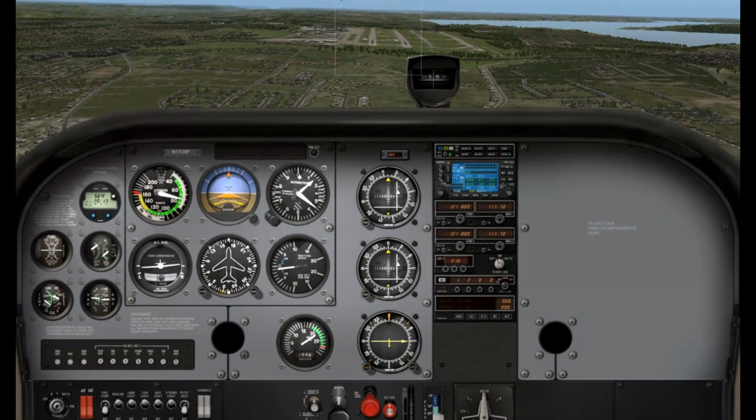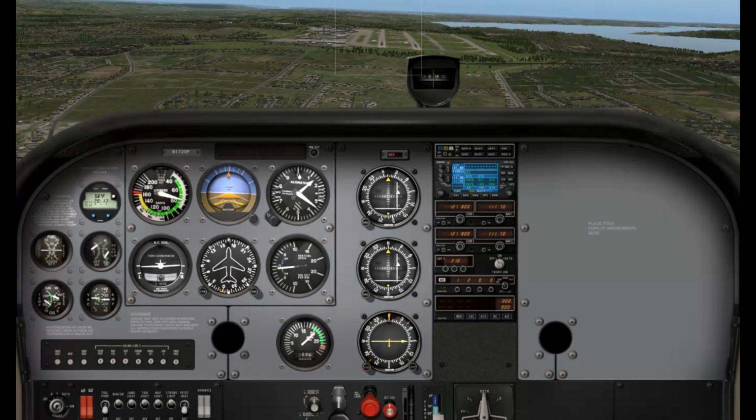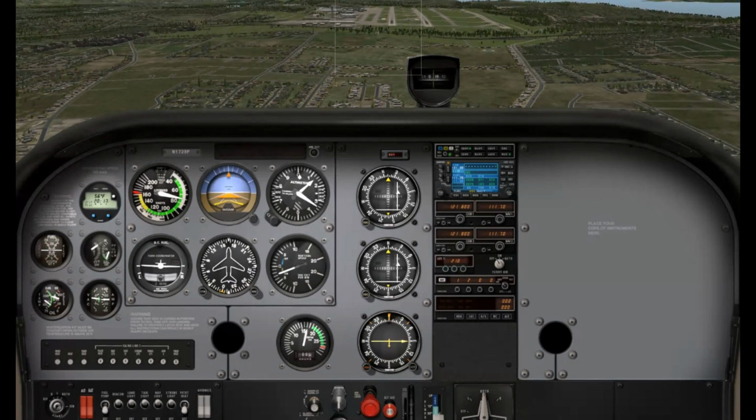I was also trying to keep the airplane as level as possible while coming into flight, just to eliminate any